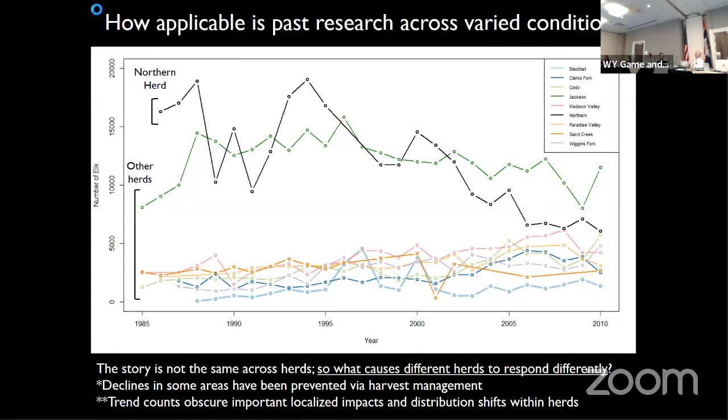And what I basically want you to take away from this is that, very broadly speaking, these are populations of elk that share many of the same influences, but they're responding in quite different ways to those influences, and large carnivores are a really important one of those. And if you look at the calf-cow ratios of these herds, you would see a similar picture. You would see calf-cow ratios that are declining for some, but staying at levels that are pretty high, that would make many game wardens around Clark's Fork very happy,